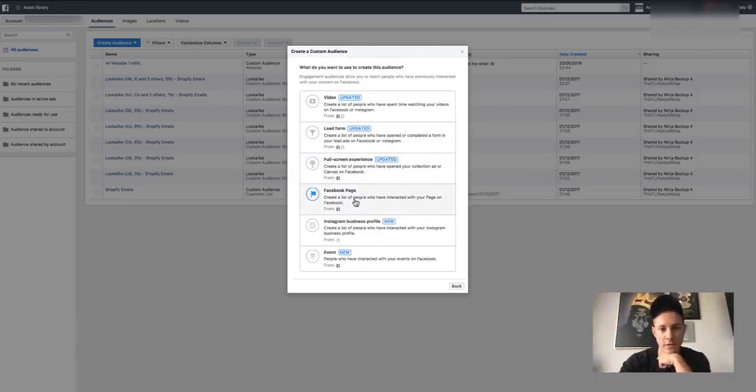Canvas, we're not going to talk about very much. Facebook page is a very powerful one. Instagram business profile, very powerful, and event. So Facebook page, we're going to talk about in a second because that's what I want to talk about mainly here. Video, we could go into, but I think it's one of the more advanced and one of the most important. So that's why we go so in depth on video in the Facebook Ads Ninja Masterclass,